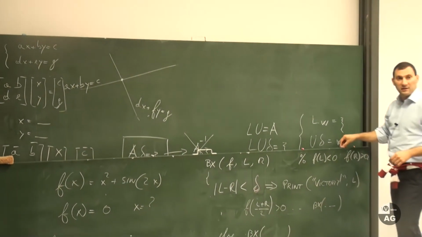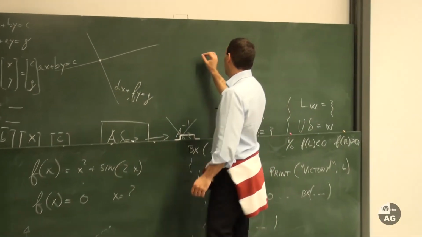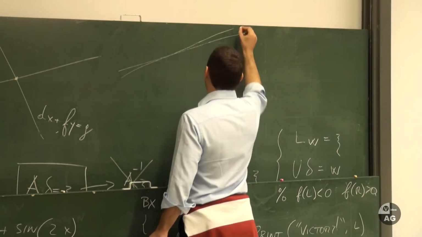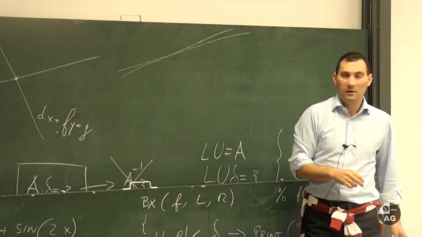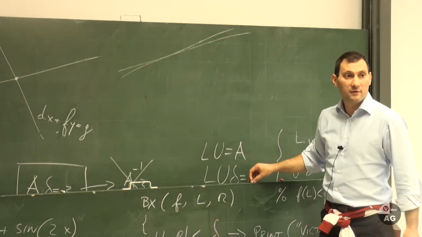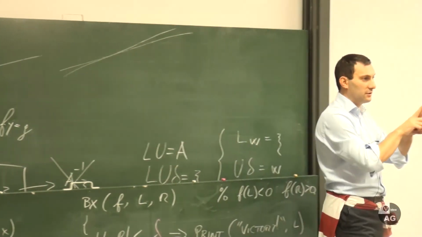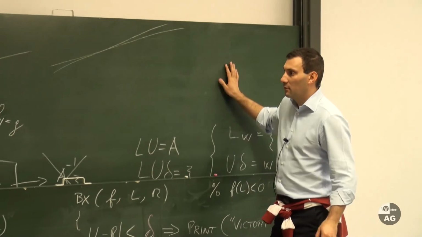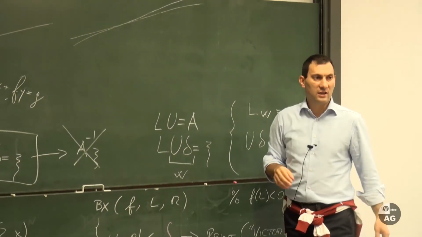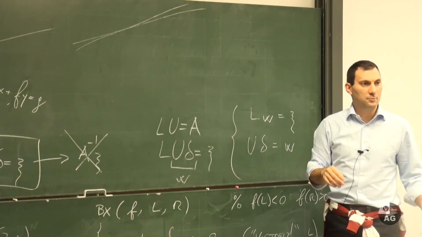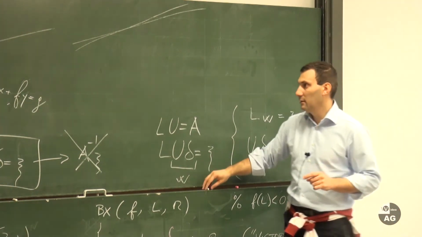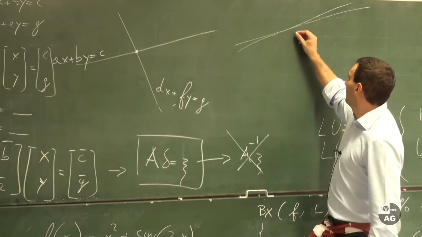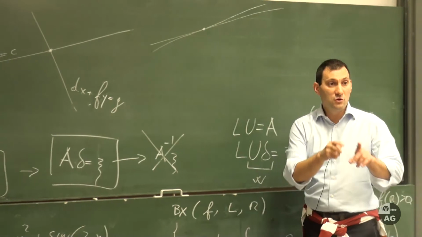Since we're here, I want to make another point. Now we are in this situation. Our two lines are very close to one another. They are not parallel, but almost parallel. Do you guys see what happens when I perturb the matrix a little bit? And by matrix, I mean when I perturb the input data a little bit. If I move this, okay,